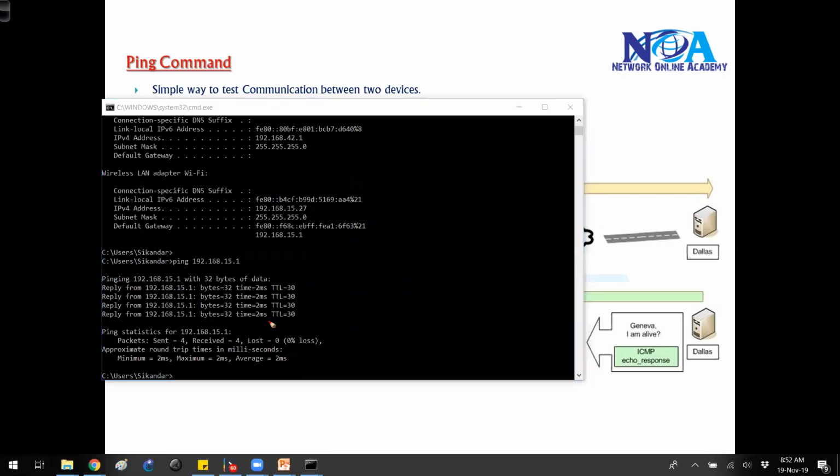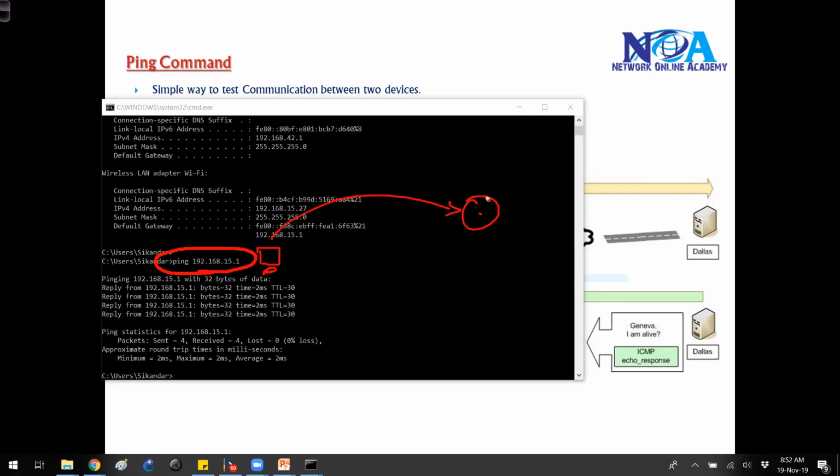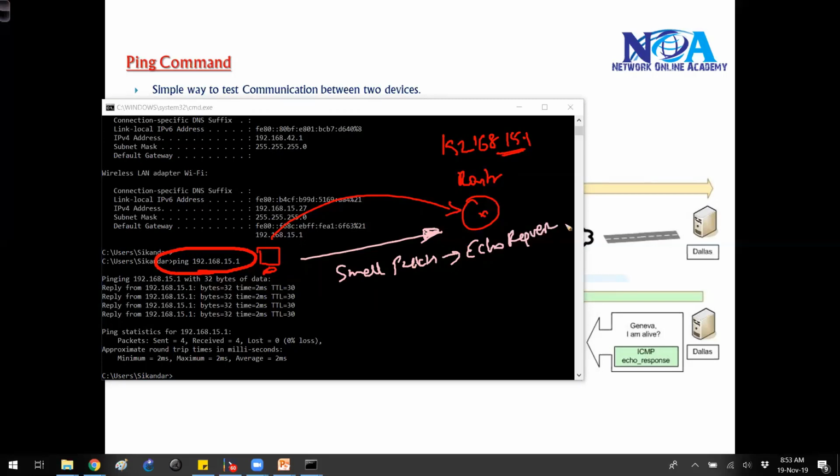Basically, when you generate a ping request, this PC, my PC, is sending a request to my router, which is using the IP address 192.168.15.1 on my network here. It is going to send out small packets, the ping request, and these small packets are sent in the form of echo request. So we call this kind of message an echo request message, which is sent by the source,